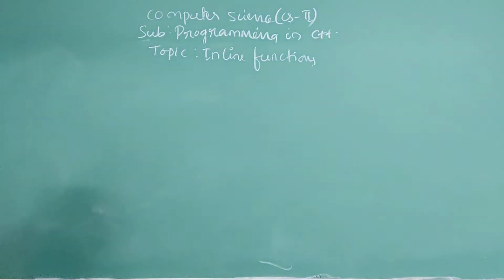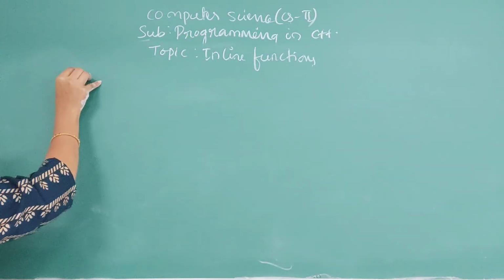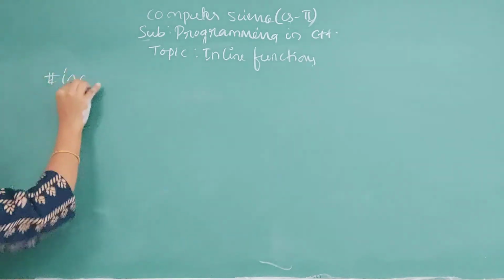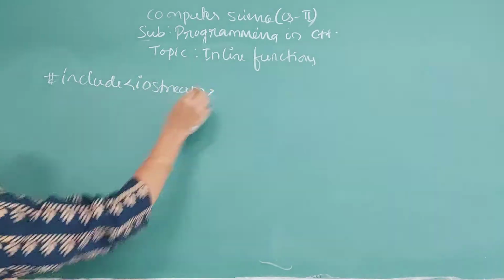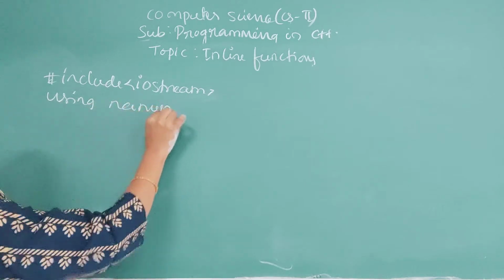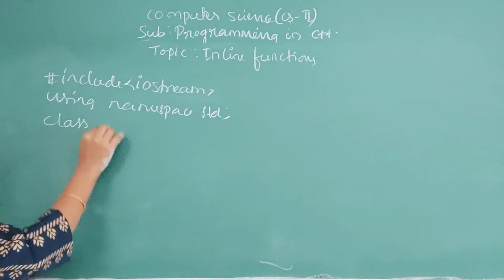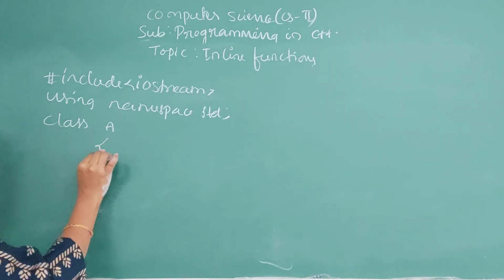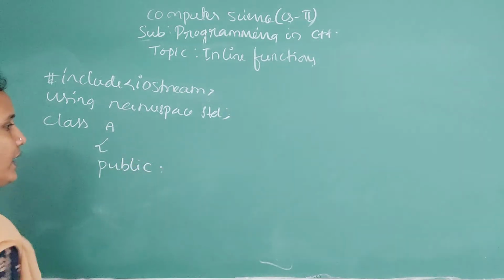So here, actually, all the functions are inline function as I said. Now I will give the class definition. Hash include string. Next, using namespace std, and I am creating a class A example. In the class I have given the structure of class. Next, your access specifier public, and if you have declared any function or any variable inside the public section, then that can be used by any child classes.